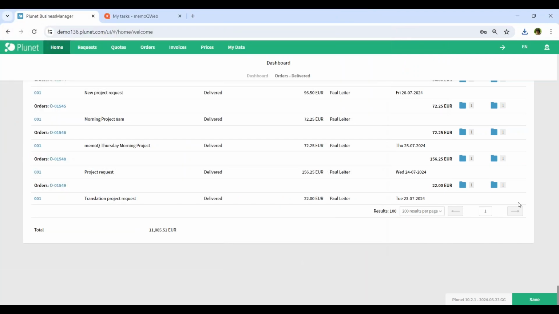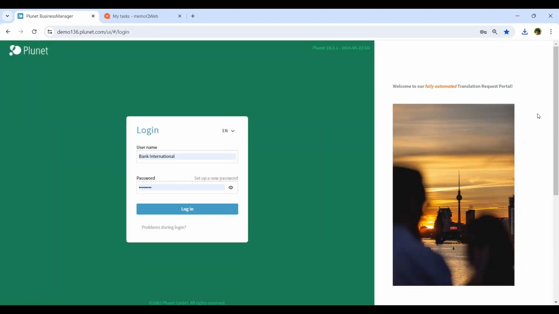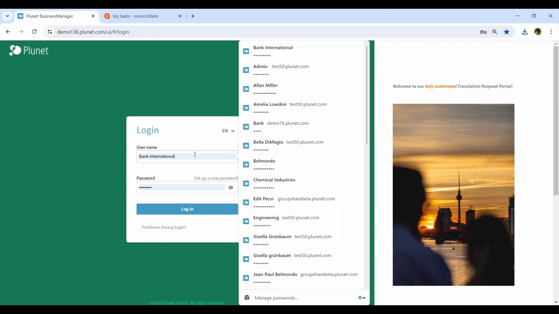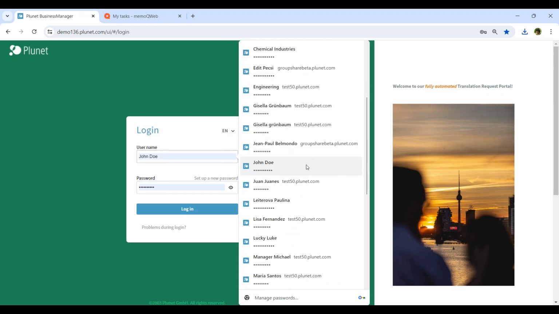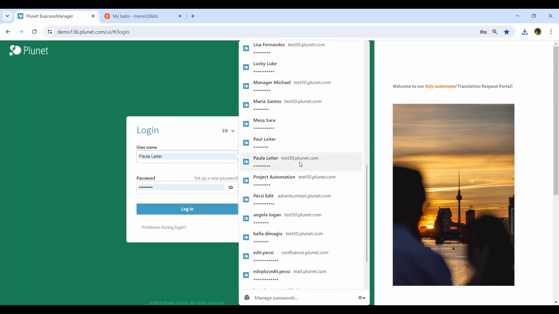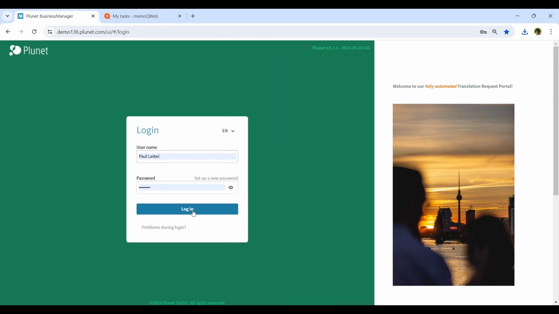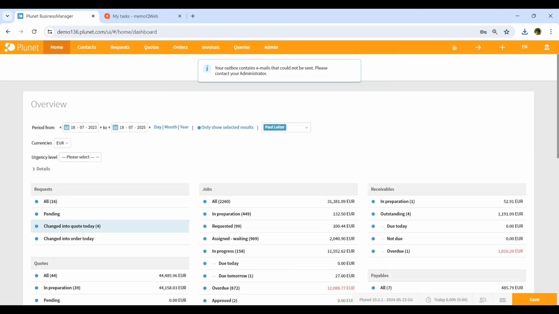Our automated project loop is done, and I would like to make you very aware of the fact that we have logged in as the customer, we have logged in as the translator, but we have absolutely not logged in as the project manager so far. And the reason for that is that the project manager, as you have seen, has not taken any single step so far. In this case, what the project manager can actually do is just send the invoice for the job